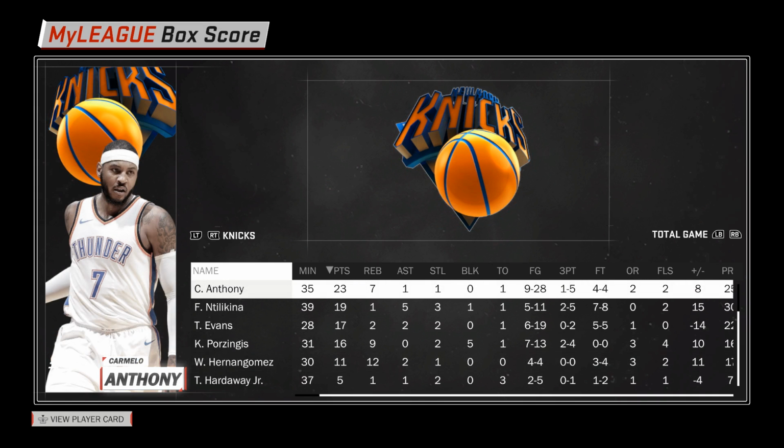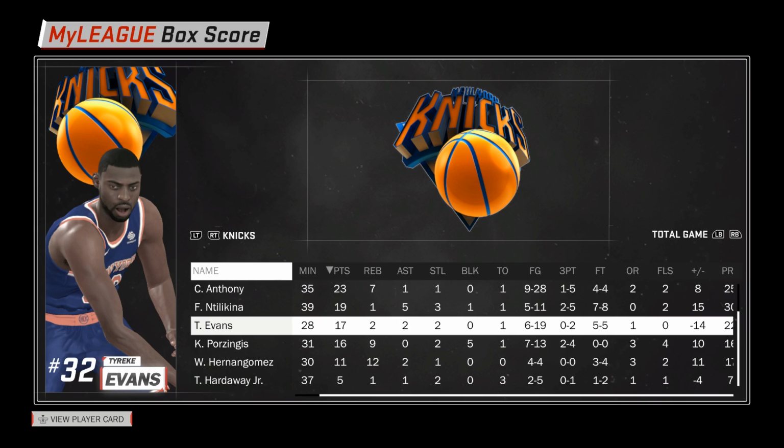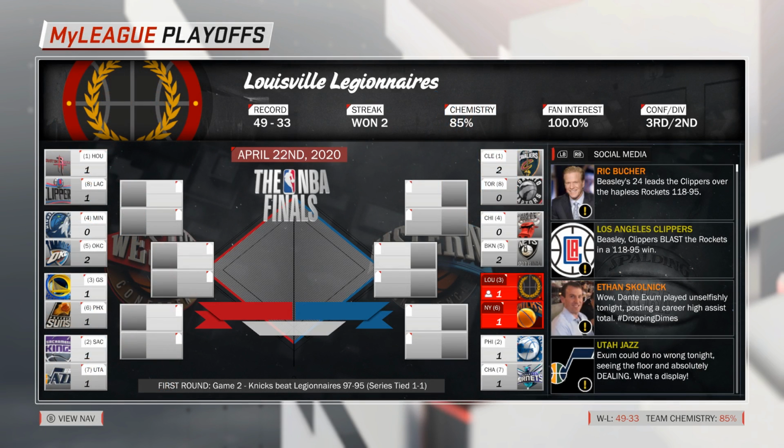On the other hand though, the Knicks were not overwhelming in that department either. Carmelo Anthony shot an abysmal 9 of 28, and Tyreke Evans also only made 6 of his 19 attempts. Still, here we are now, tied at 1 game apiece, and so are the majority of the other series in